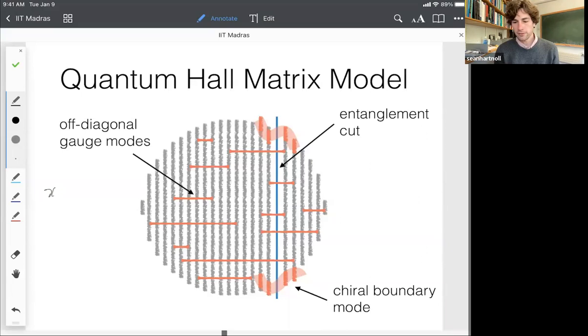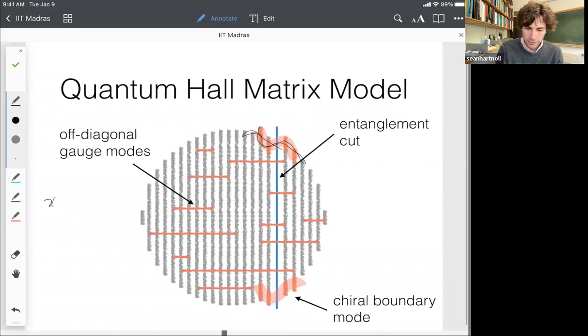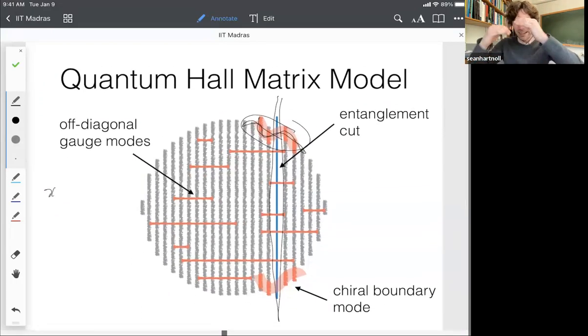And when that fluctuates, this droplet changes size a little, its boundary changes a little bit, and so there's some contribution. And then these are the blue lines, the entanglement cut that we're trying to define, right? So there are two contributions to the entanglement, one from the eigenvalues fluctuating themselves, and that is a sort of